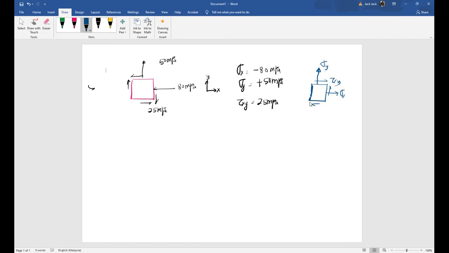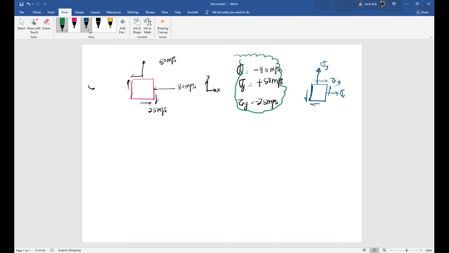Again, the positive sign for shear stress is also to the left corner of the elements, but in this example, it is in the opposite direction. So that's why we have minus tau xy. We miss the minus sign here, so be careful on that. These are the important parameters, so let's highlight these parameters. And then it is mentioned here,